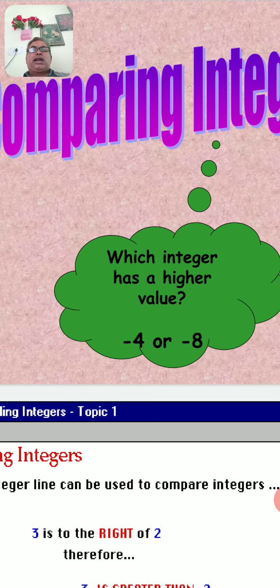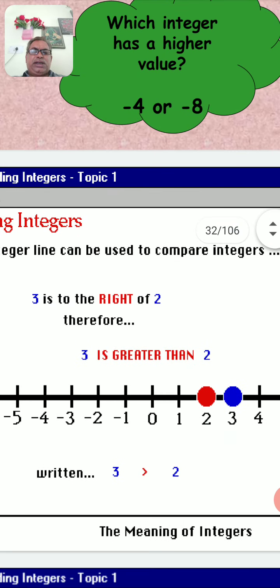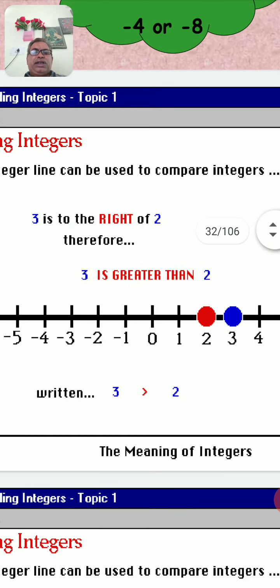So who is the greatest of all negative integers? 0 is the greatest. Then who is the greatest negative integer? Minus 1 is the greatest negative integer. Now you can see here with this illustration,